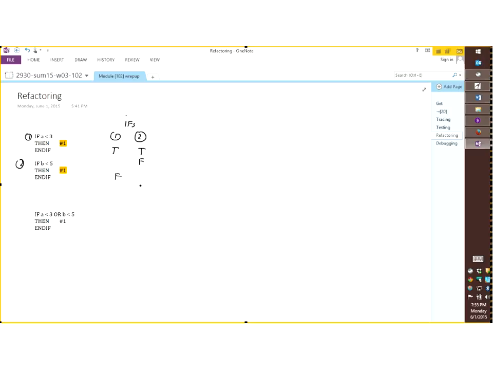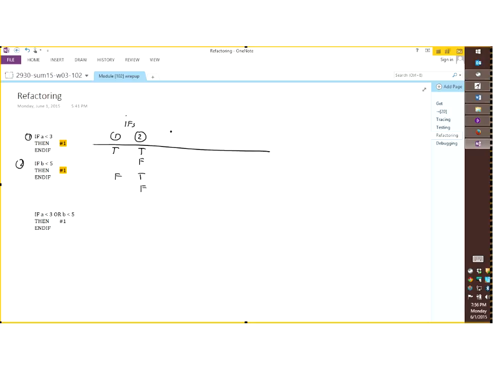Number 1 can be false, and then number 2 can be true or false. So given two if statements, this is not really a testing table yet. It's just my attempt to understand the different paths of execution. I can go inside the first if statement, or I can skip it. That's two paths. And then I can go inside the second if statement, or I can skip it. That's two more paths. So four paths total. That's what this table is telling me for now.